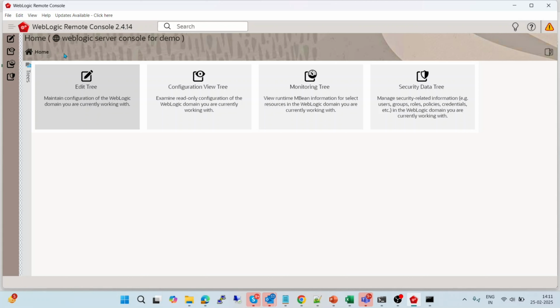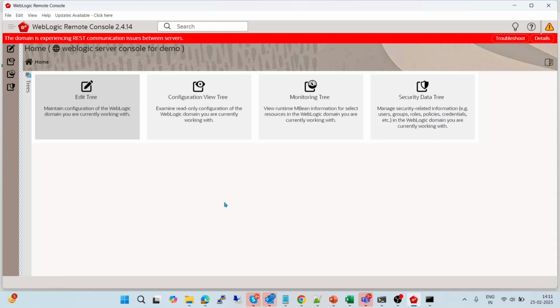WebLogic server console for demo, and we will see the domain name and all over here. Once we will see the four options over here, I'll make a separate session on a WebLogic remote console walkthrough, where we will try to understand what all these four options are: edit tree, configuration view tree, monitoring tree, and security data tree. If we want to just view the configurations and domain details, we can go with